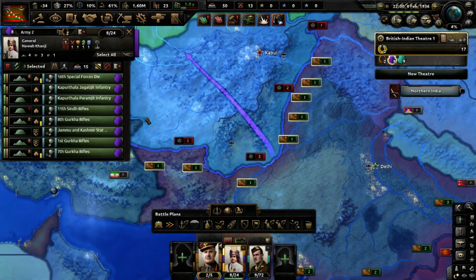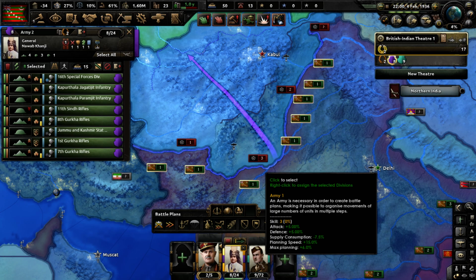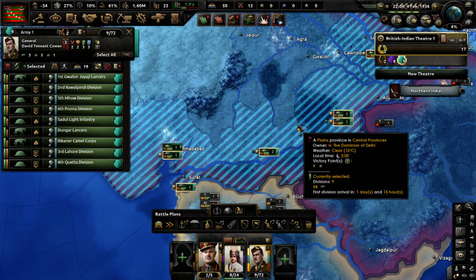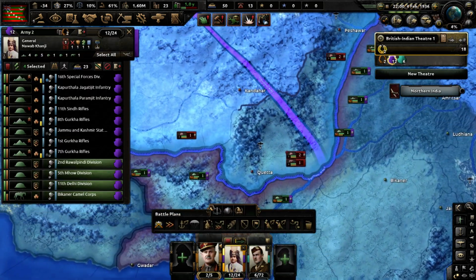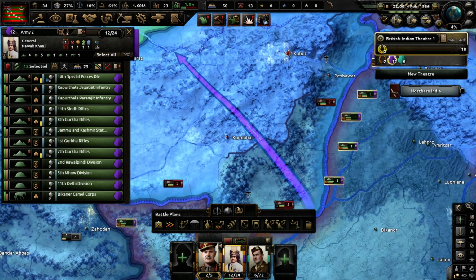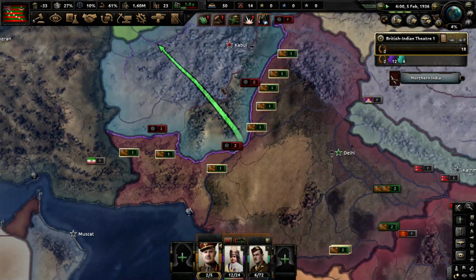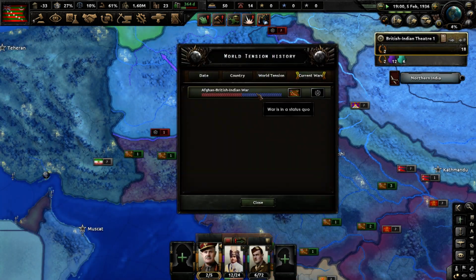Okay, so I'm going to give 4 divisions to this army here. And let's go ahead and unpause here on 3 speed and just see if we start pushing. First of all, I can call in